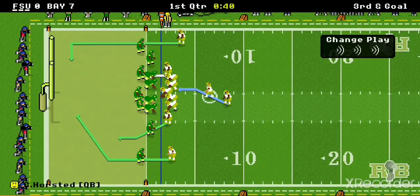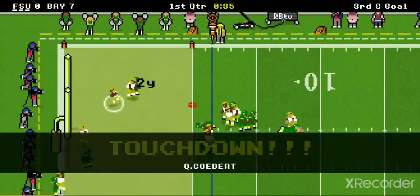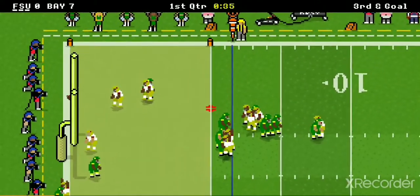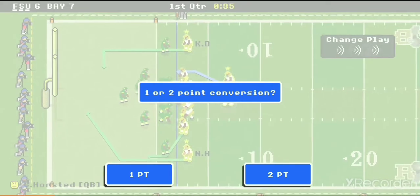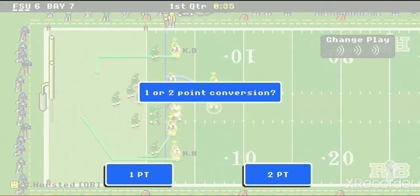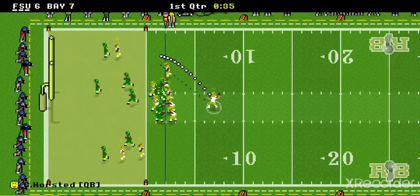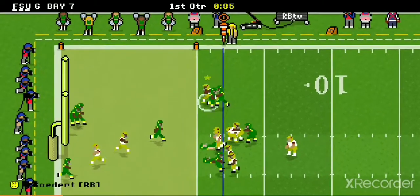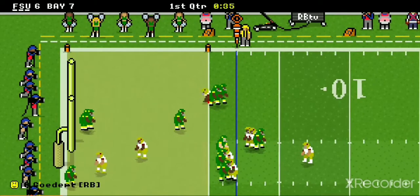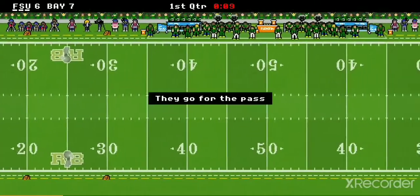Looks like Baylor's bringing everybody in this time. And almost got to Horsted, but not in time. And it's a touchdown. And Florida State is down by a point. And they're going for a 2-point conversion. Horsted's looking around, calling out signals. And goes and throws it to Godere, but Godere fumbles it, or bobbles it,